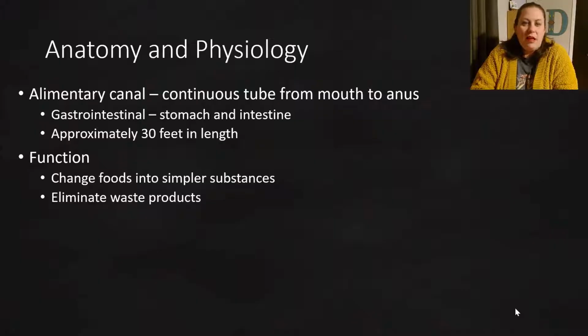Now the function of the digestive system is twofold. For one, it's supposed to help change food into simpler substances. These substances then can be absorbed, like carbohydrates, proteins, and fats. They're absorbed by your body to be utilized to build our own proteins, and to use the sugars for energy and transfer it into ATP. And so that is one of the main functions of the digestive system. The other is to eliminate waste products. There are several things that end up getting added to the feces as it is compacted before it leaves the